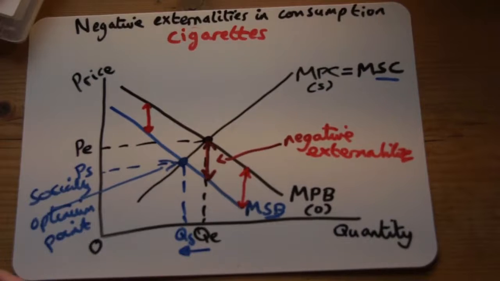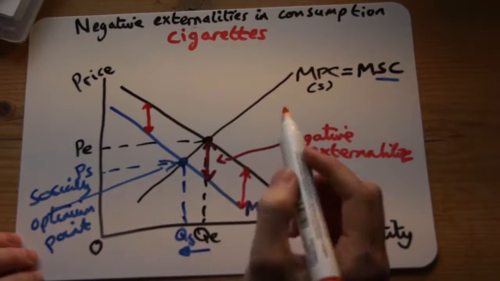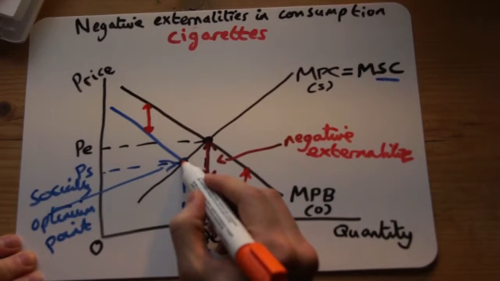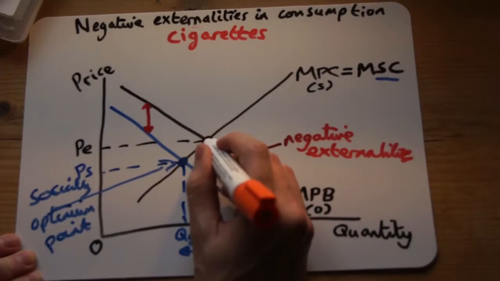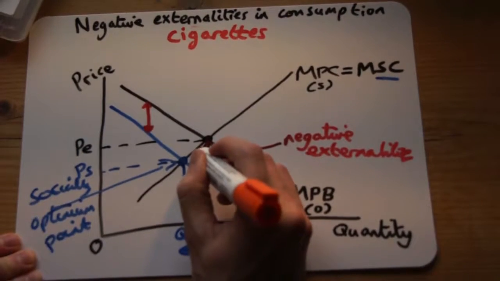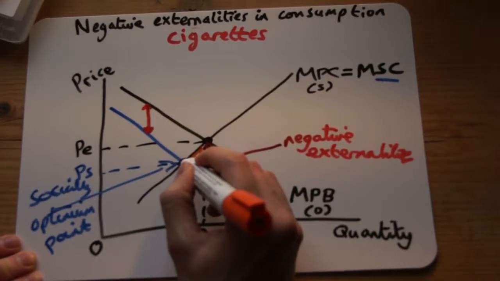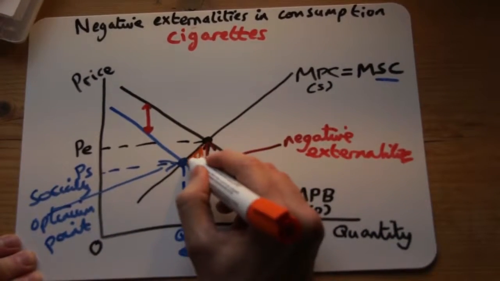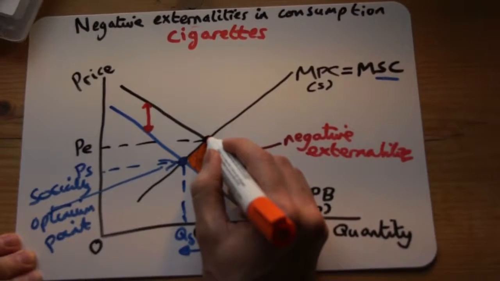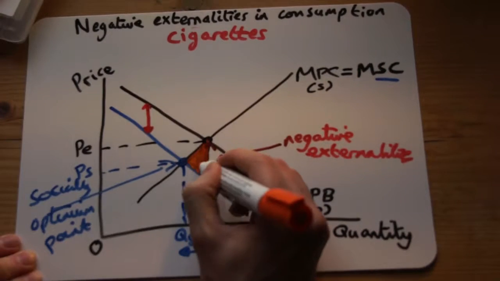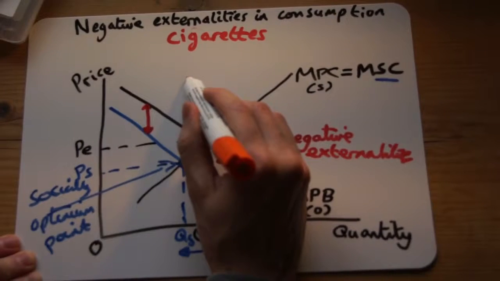So now we need to find the deadweight welfare loss of consuming too many cigarettes. Well, basically, if this is the socially optimum point and this is the free market point, there's negative externalities here. And if we moved our consumption inwards, there'd be a bit less negative externalities and a bit less as we move our consumption inwards until we hit our socially optimum point. Therefore, we shade in this whole triangle here from the consumption line which we're at in the free market all the way up to the socially optimum point there. And that triangle there is the deadweight